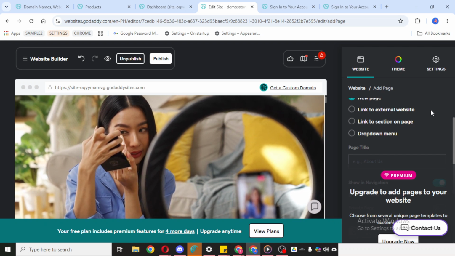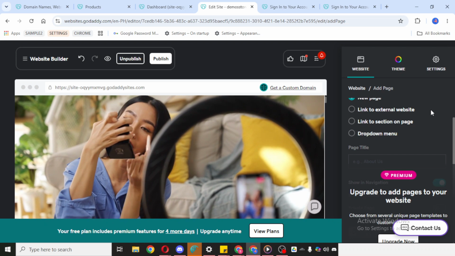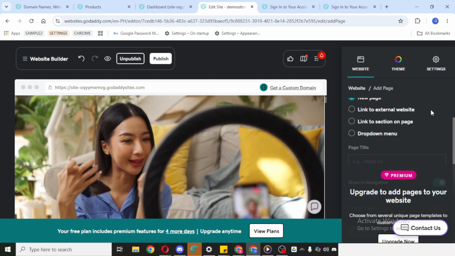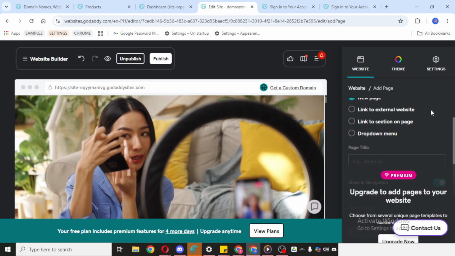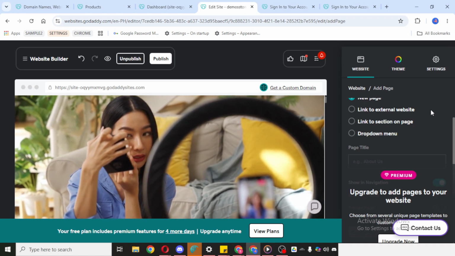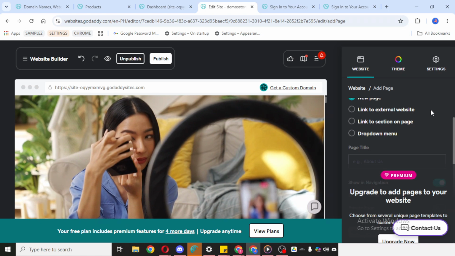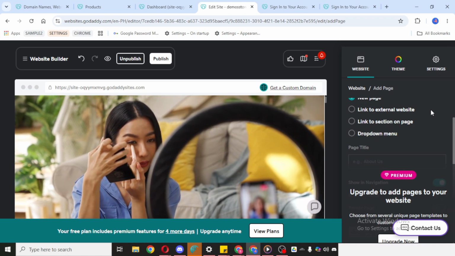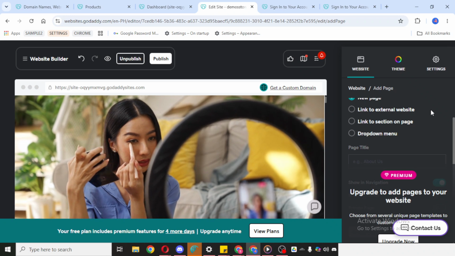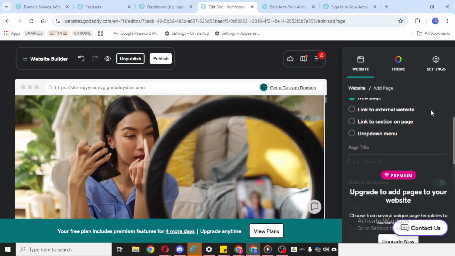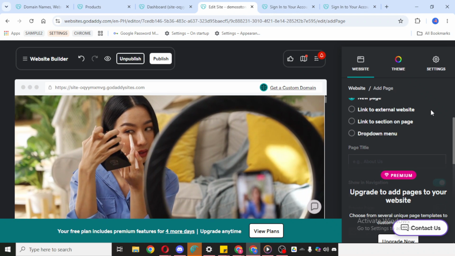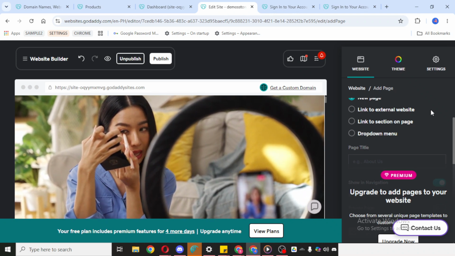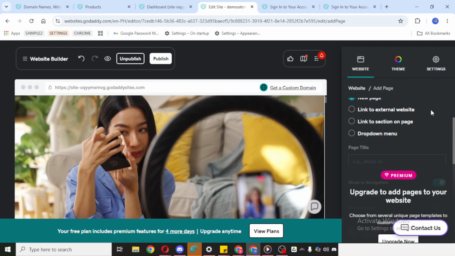Next, enable Show in Navigation if you want this page to appear in your website's menu. This is the best option if the page is meant to be publicly accessible and easy for visitors to find. You can also toggle on Private Page if you want to restrict access. That setting is useful for content that should only be viewed by selected users or kept out of the public navigation experience. Once everything looks good and your settings are the way you want them, click Create Page.